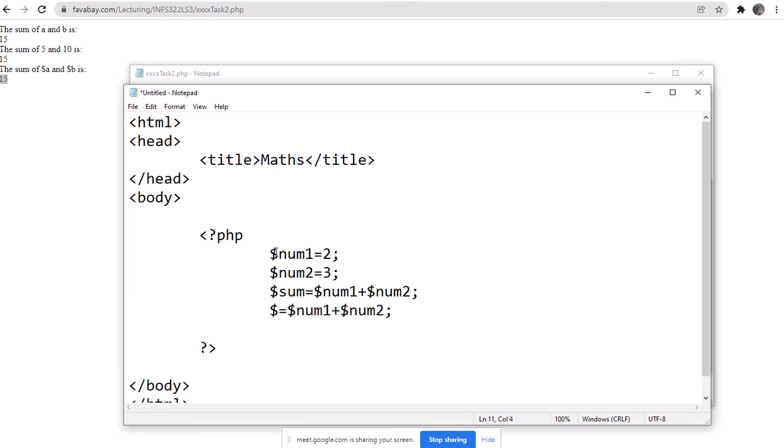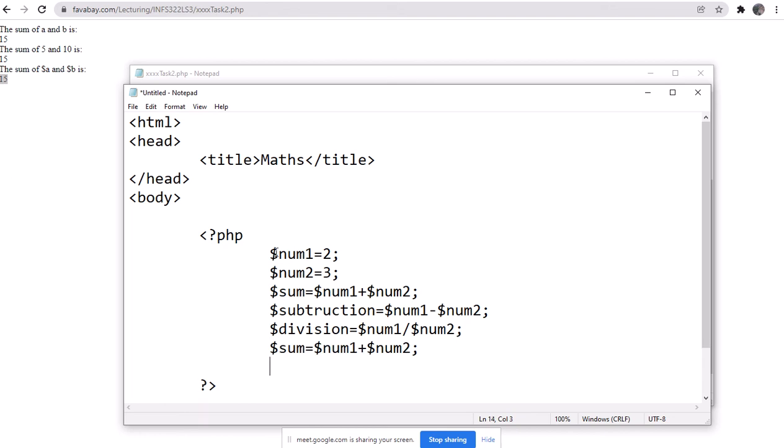What I'm gonna do, paste. Subtraction: $num1 minus $num2. Division: $num2 divided by $num3. Multiplication equals num1